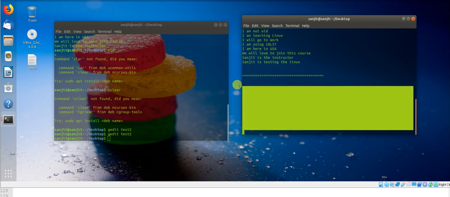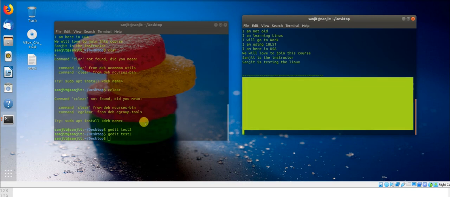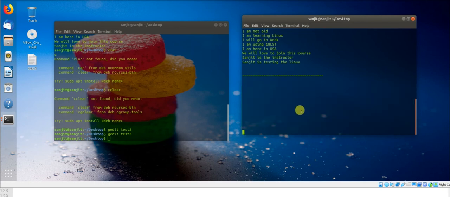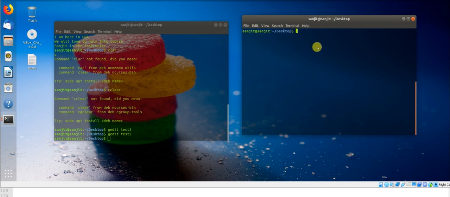But as a beginner, if you don't know how to deal with this, don't worry, because first of all you should be aware of this tail command. This is the way the tail command deals with it. If you want to come out, just press Ctrl C. Generally we deal with the log files. There is something called var log messages. I was just thinking maybe I can show you something at this moment.